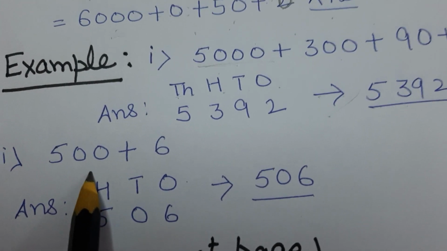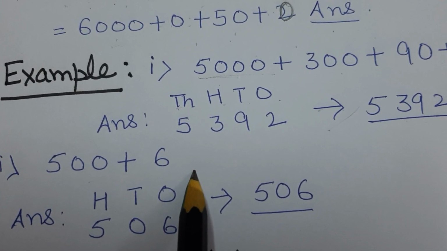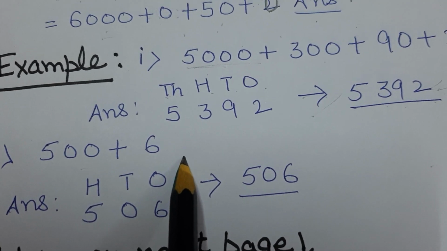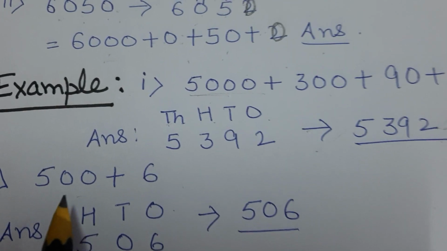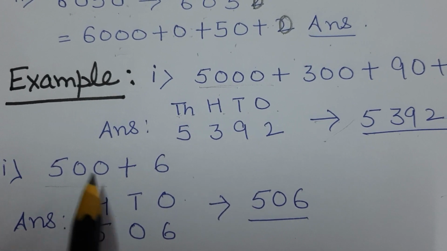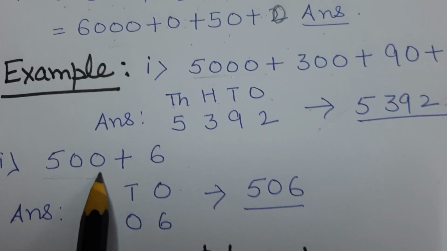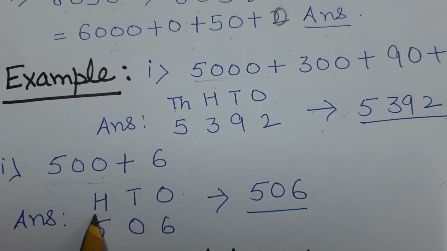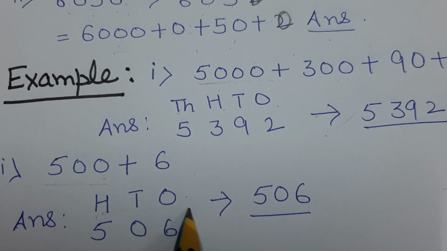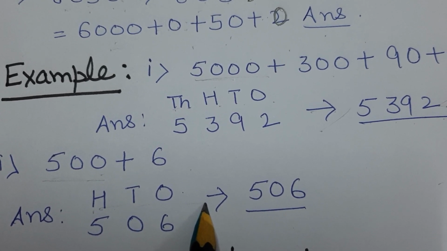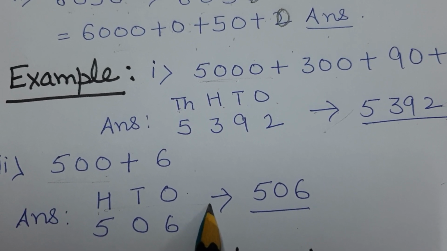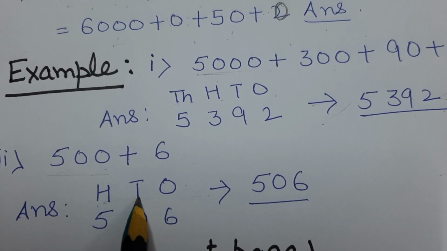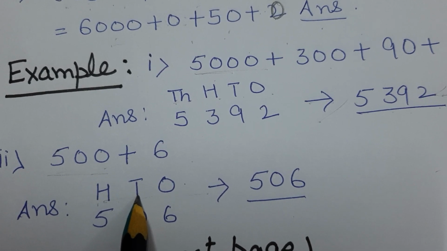Okay, one more example I am taking here. So it is 500 plus 6. Now very few place values are given, some place values are missing. So what to do then? We will see the first place value. So it is in 100, so no 1000 is given. So we will start from 100. Once we have started, we have to write then all the places. We cannot skip any place. Means tens is not given, so we can skip 10? No, then your sum will be wrong.